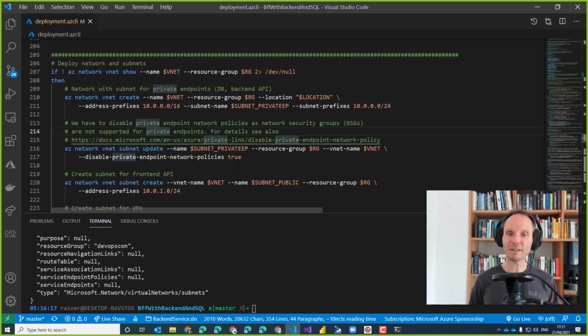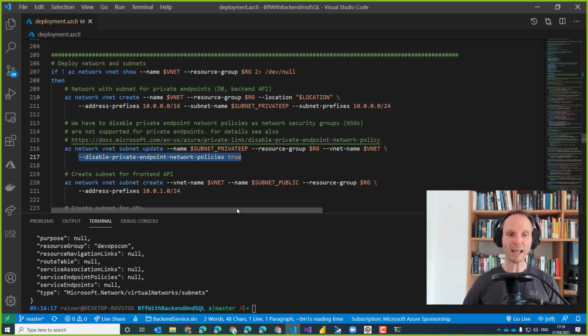And that is a limitation that you have to adhere to. For this private endpoint subnet, you have to disable the so-called network security policies, network security groups, sorry. Network security groups are a way of protecting your VNet and subnets, but for subnets with private endpoints, you have to disable network security groups just for the subnet. Don't worry. You still can use network security groups for other parts of your application, for the resources in Azure, but just not for this subnet.